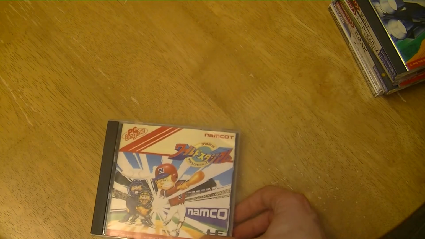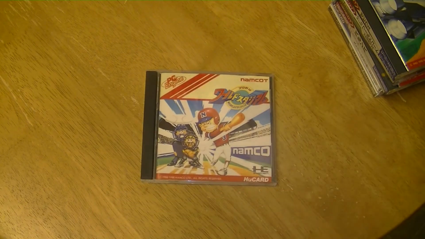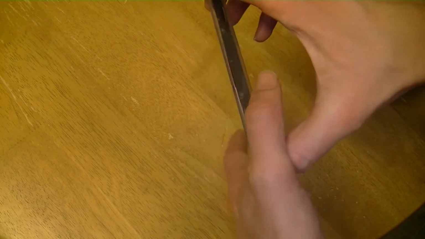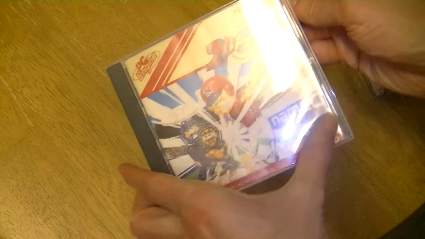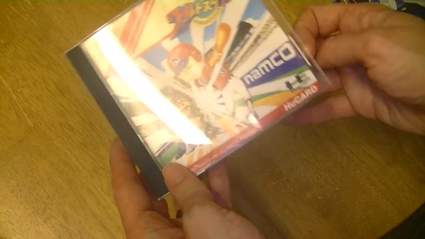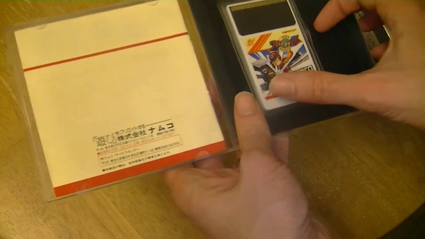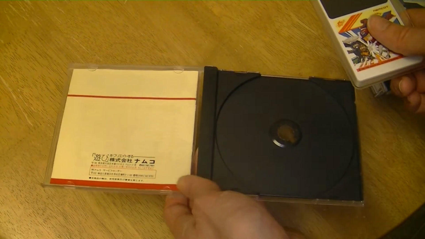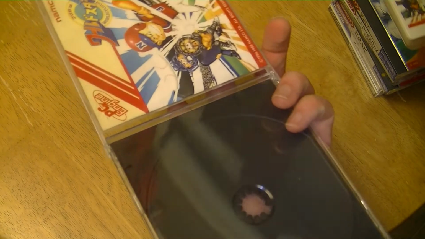First game I'm going to show you is World Stadium Baseball. Not one I've actually played yet. Dirt cheap, a couple of quid, this one, including postage and packaging. So even if it's terrible, I don't really mind. It's a Namco game. It has come in a CD case rather than a proper... There we go. Proper